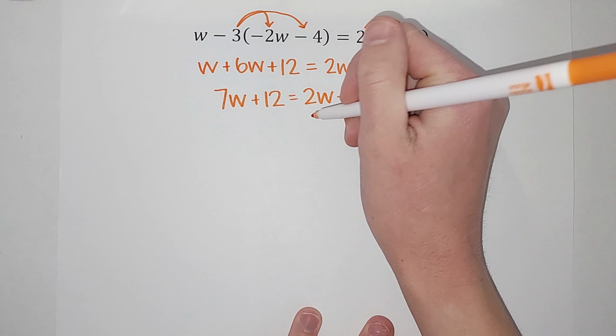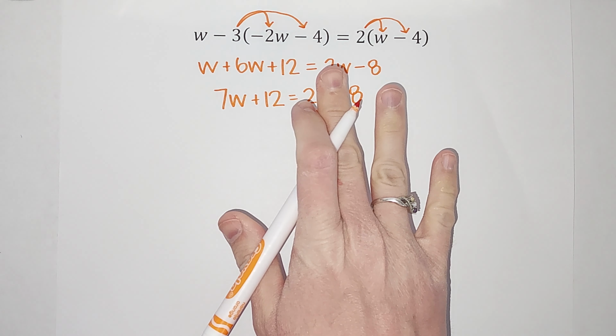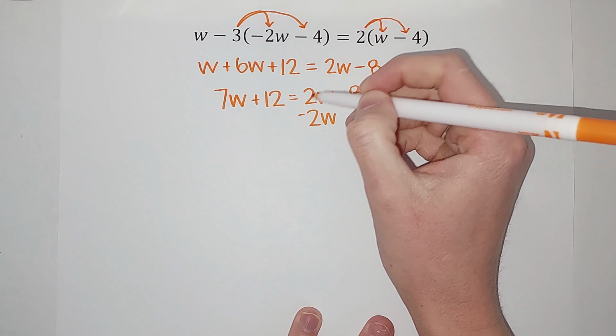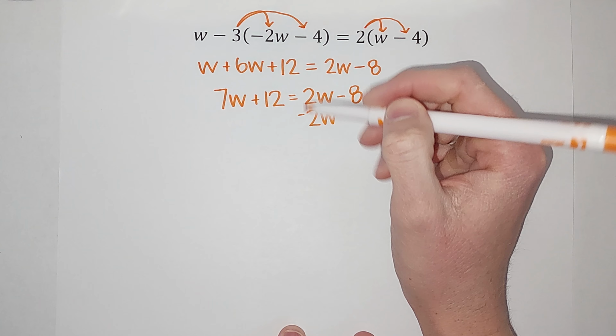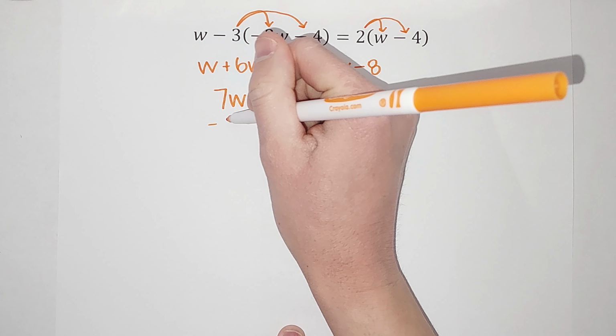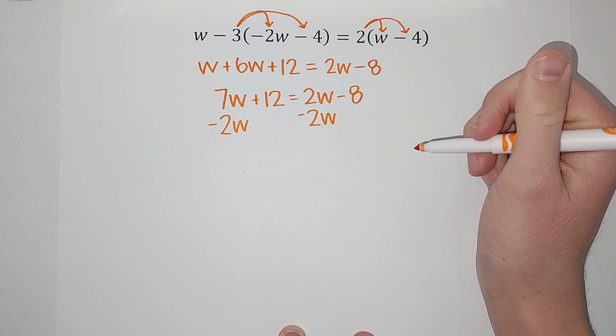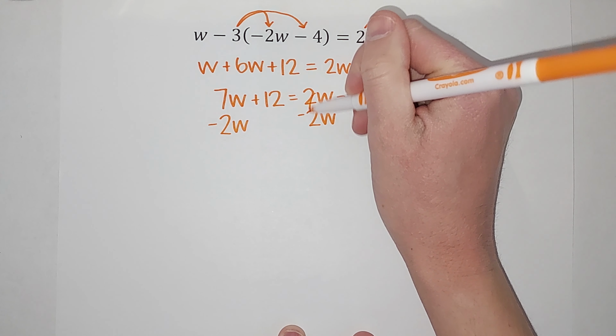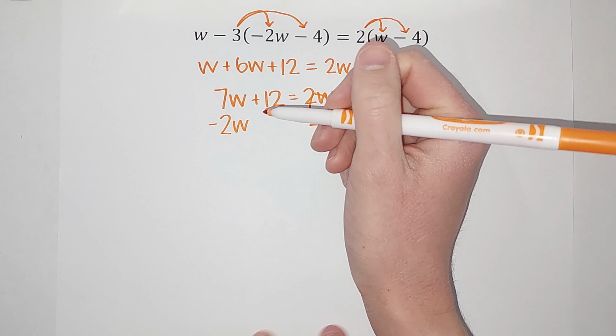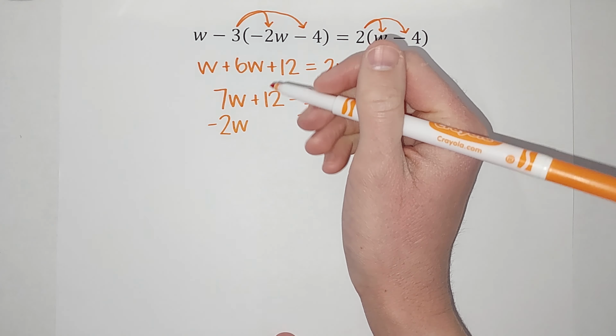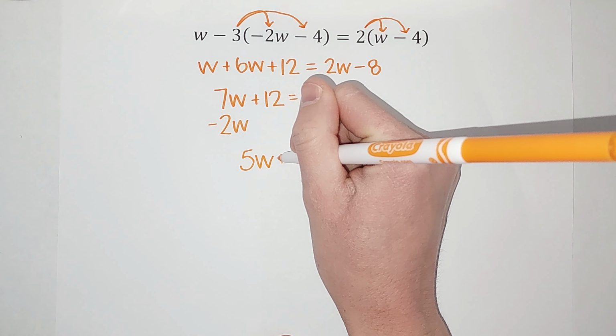So to do that, I'm going to subtract 2W, because that'll get all the W's off this side, right? But if I do it to this side, I got to do it over here, okay? So I'm going to subtract 2W. Notice I'm lining it up with its like terms, okay? So 7W minus 2W is going to give me 5W. Still have that plus 12